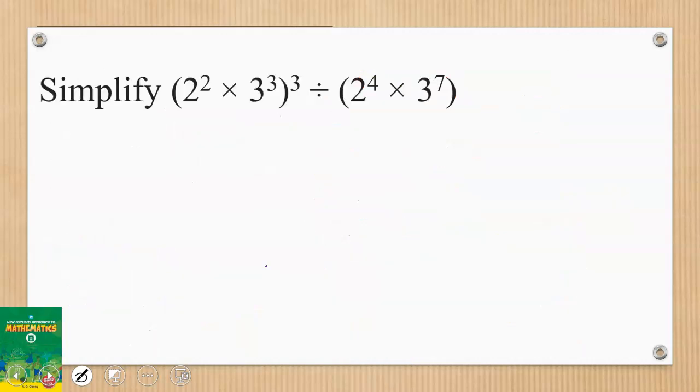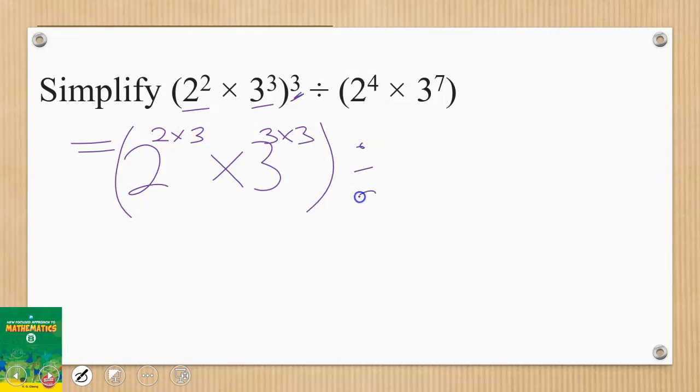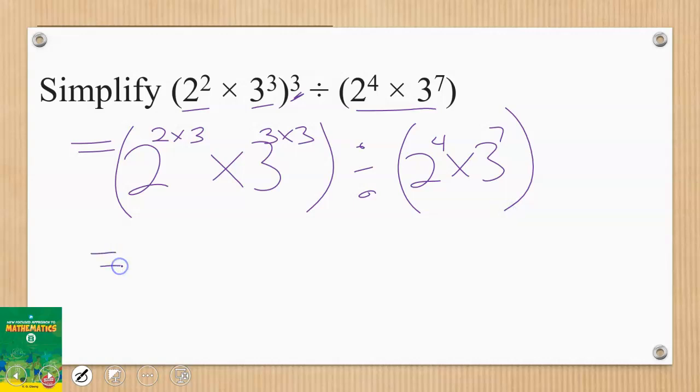Let's take another example. Here we have to simplify this. According to one of the properties we learned, this exponent here affects all of them. So we are going to have 2 exponent 2 times 3, then times 3 exponent 3 times 3. Now let's keep this in brackets and then do divided by. Here too, nothing can be done because they are different bases, so let me keep my numbers as such. Then we go again, we can have 2 exponent 6 times 3 exponent 9 divided by